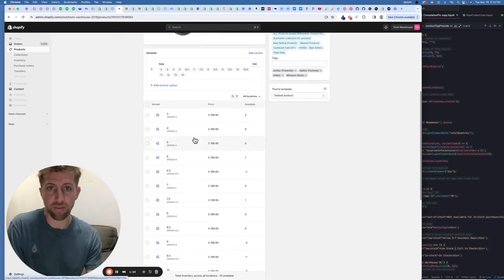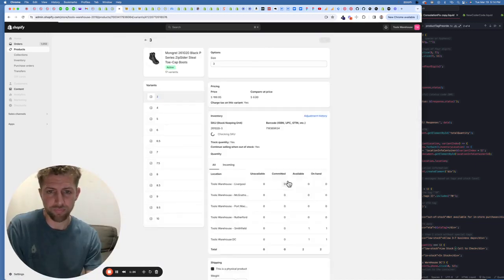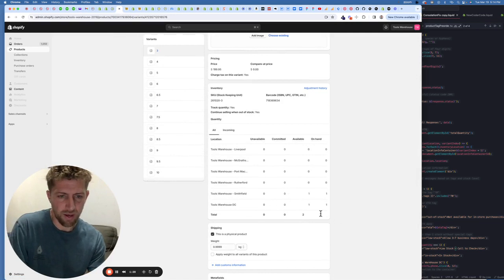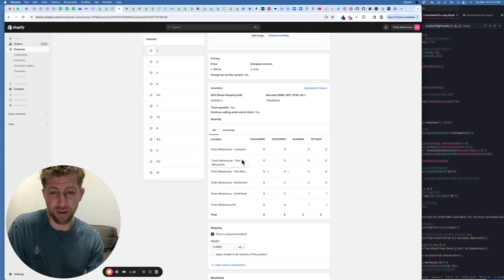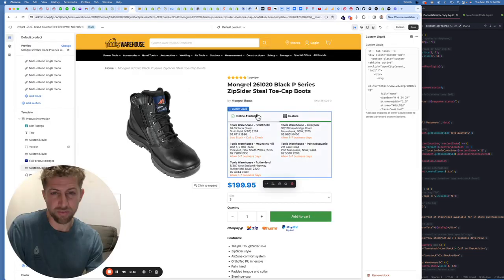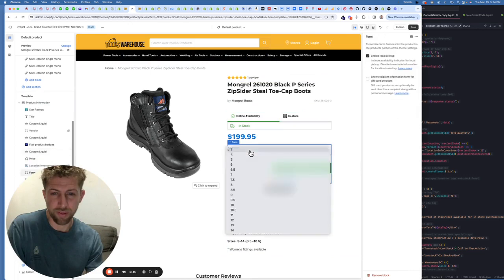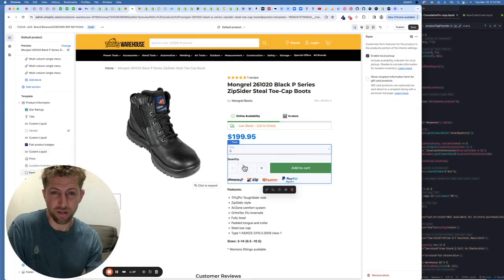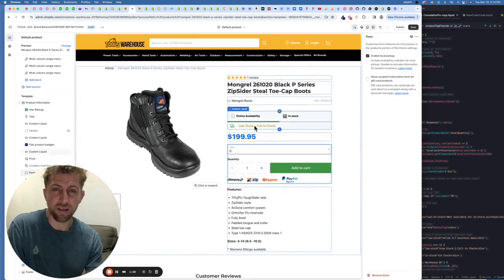And I'll show you that on the Shopify back end here. You can see how there's only one available at this retail location. There's 5 retail locations and then one warehouse. And that extra one is at the warehouse. So 1 plus 1 is 2. So it says in stock. And then when it's low stock, like this, when there's only one total in stock, it'll display as low stock,